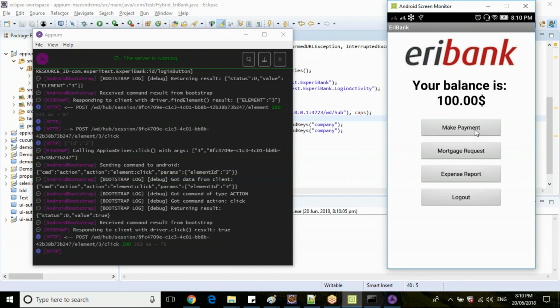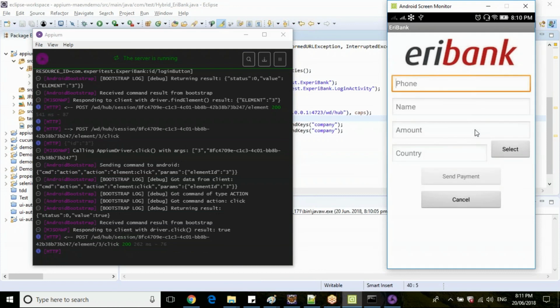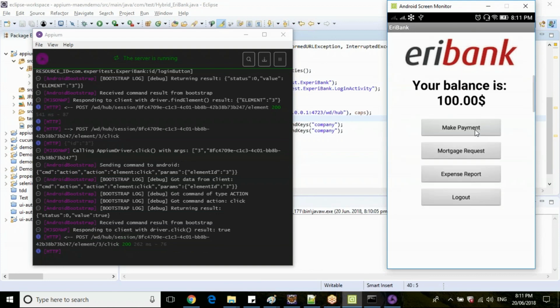Or if you're making a payment, say a $30 payment is made here, you can come and verify your balance again if it is $70 or not. Yes, I will provide this APK file as well. Clear? So any queries in hybrid and native, guys?